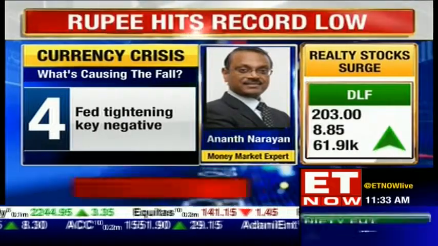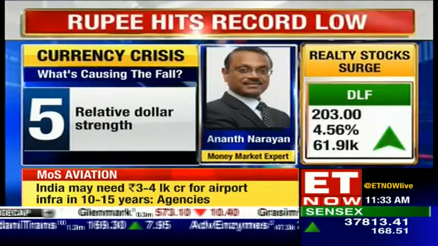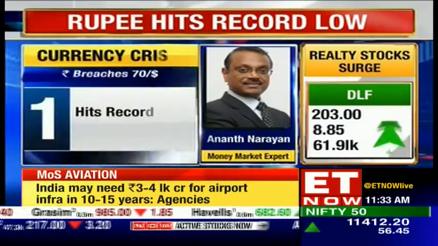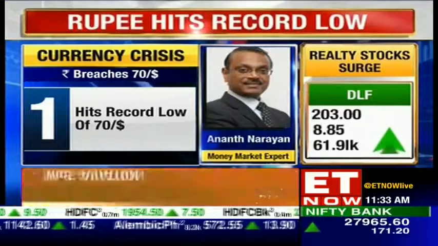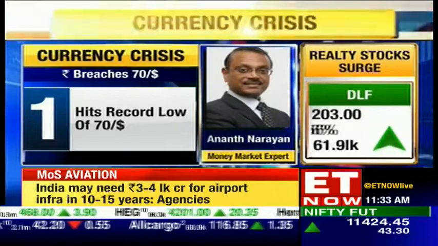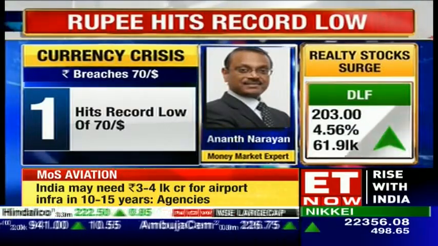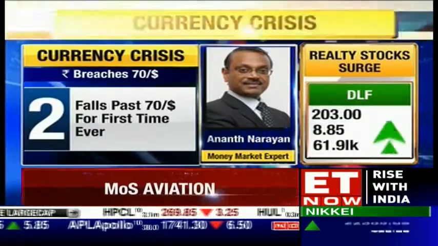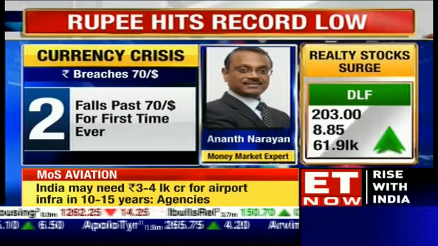Third, the external context. Argentina yesterday was out of syllabus. We don't know which other country is going to blow up next. In November, we have the Iran sanctions, which will start to bite and directly impact oil prices and us. So the global context isn't looking great. If the dollar strengthens further, it's only natural to expect the rupee to weaken even further. So there is a whole host of factors to worry about. But in the medium run, the correction in the rupee and the fact that our overvaluation is reducing should help address our current account over time. It won't happen overnight, but it should happen over time.